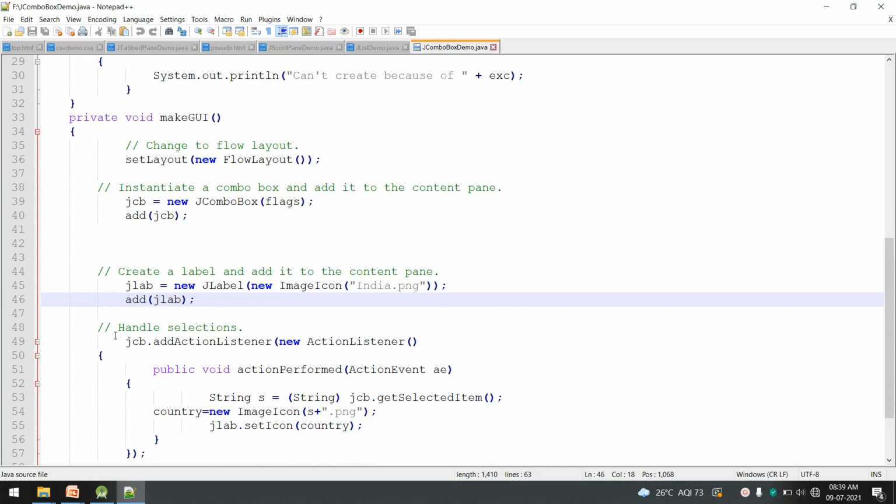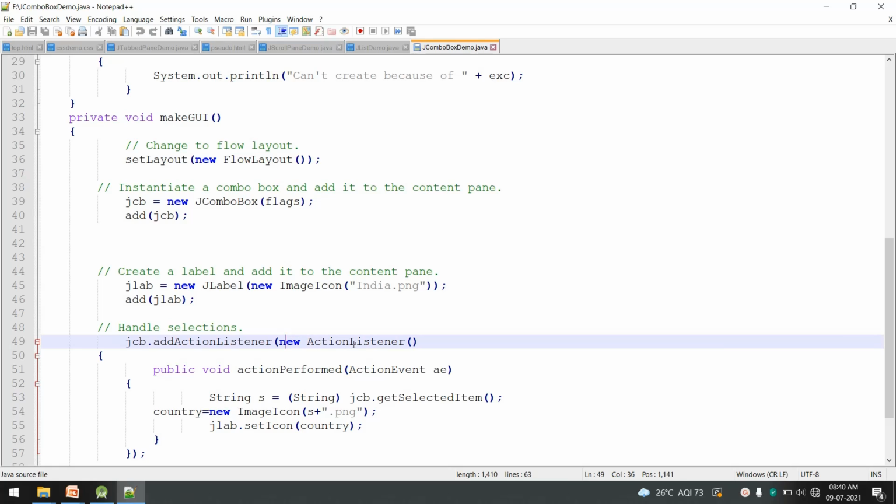Now here it is demonstrated how an event can be handled on the ComboBox. We have an object jcb, that is a ComboBox, and we are adding an event listener on this. addActionListener. We are handling the action event, and inside the bracket we are using an anonymous inner class to handle the event.